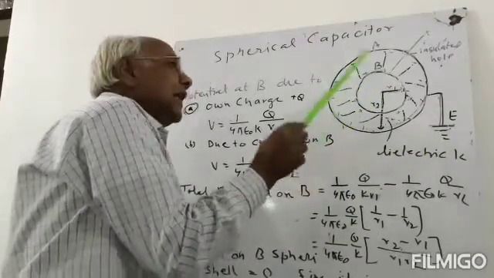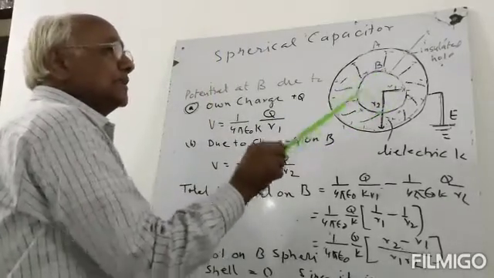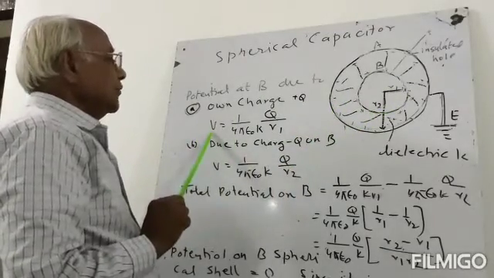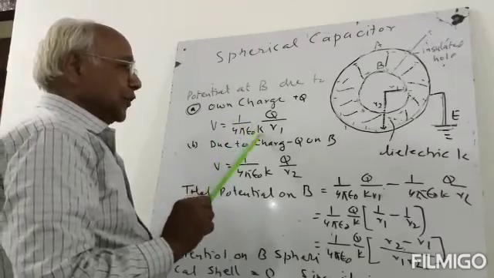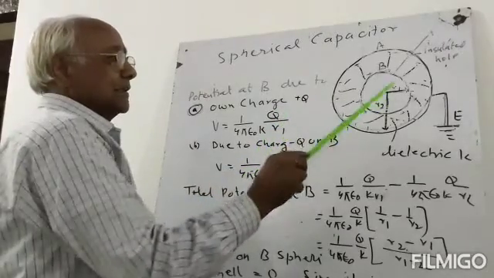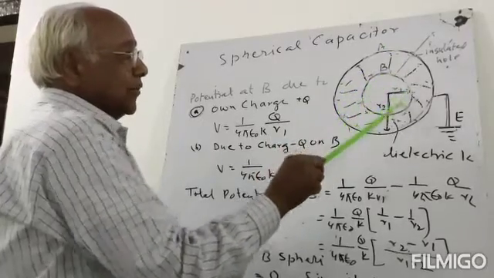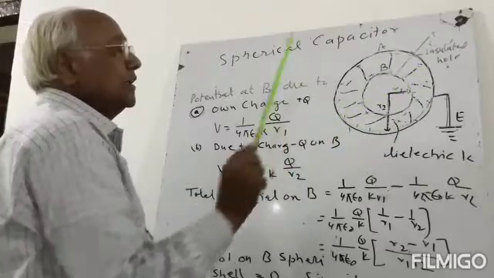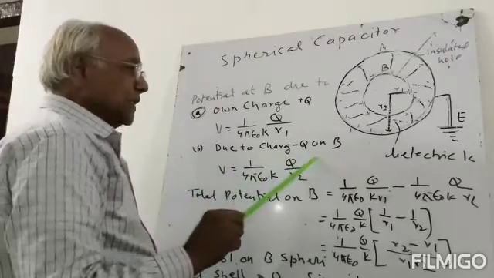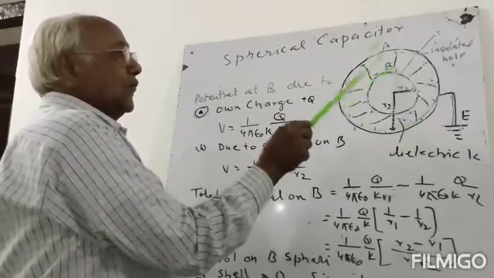Now we can find the potential at P as we have derived earlier. The potential on the surface of a spherical conductor will be V equal to 1 by 4 pi epsilon 0 into K, because the medium is dielectric, into Q by R1, where R1 is its radius. Now the electrical potential at the point B due to the outer spherical shell A, whose charge is negative, due to this negative charge on A, the potential at the surface of B will be